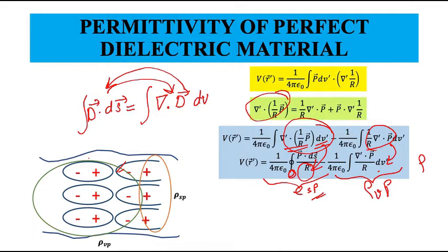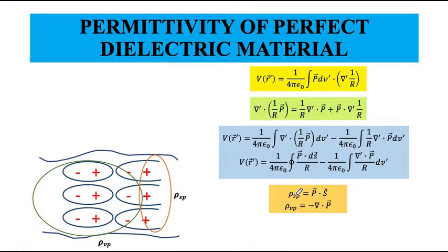So this is the surface charge, and if these are volume charges, they would actually be interior to the dielectric, and they will not be on the surface. They would all be in the interior of the dielectric. So this is rho Sp, the surface charge density, defined as P dot S. I will just clear it once.